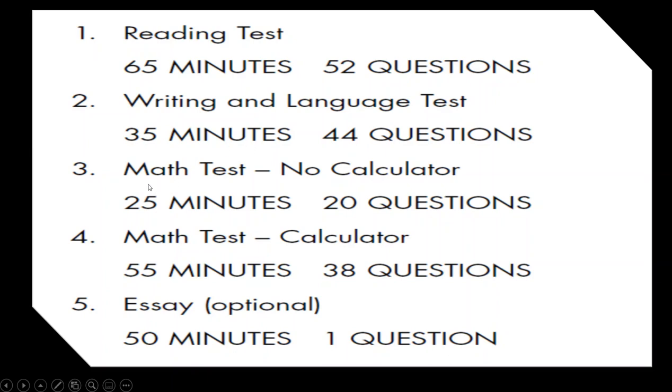As for the Maths exam, paper 1, which is not with a calculator, consists of 20 questions in 25 minutes, and the Maths section, which allows the calculator to be used, includes 38 questions to be done in 55 minutes. The essay, which is optional, takes around 50 minutes, and it is only one question, which is about a reading